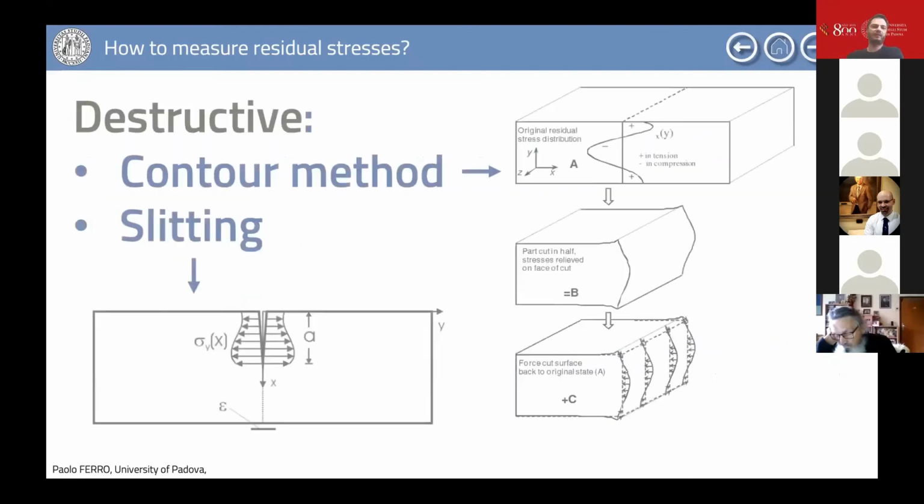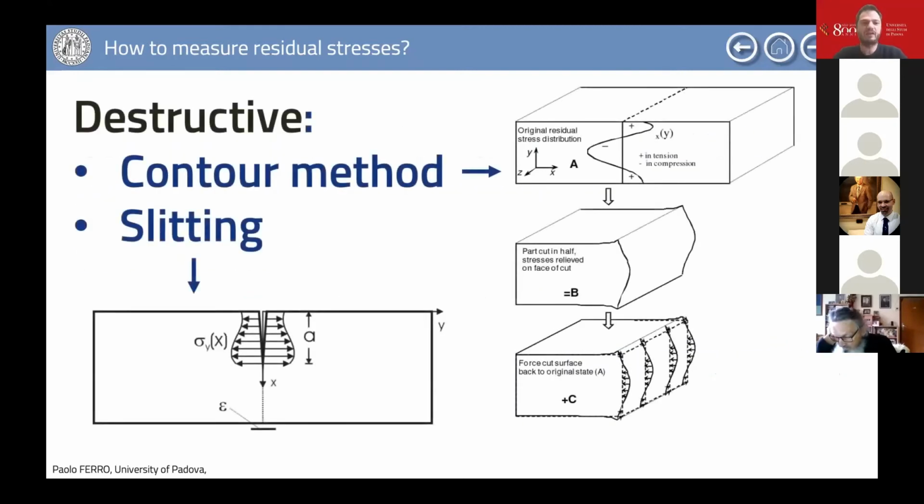Some of these destructive techniques are the contour method and slitting, which is quite similar to the first one, the contour method. In this case, we need to destroy the component. For example, plates have to be really cut. And according to the deformation in the surface where we have operated the cuts,